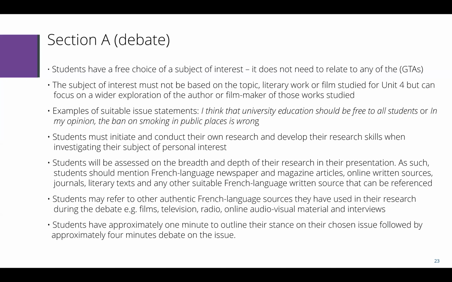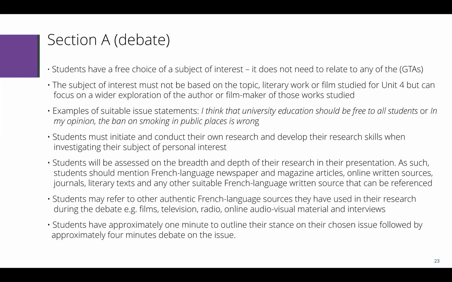Okay, I hope all that is clear. What they can't choose is anything to do with the Unit 4 topic that they're going to be doing. That would make sense. Now, suitable issues: the issue that they're choosing has to be an issue that can be